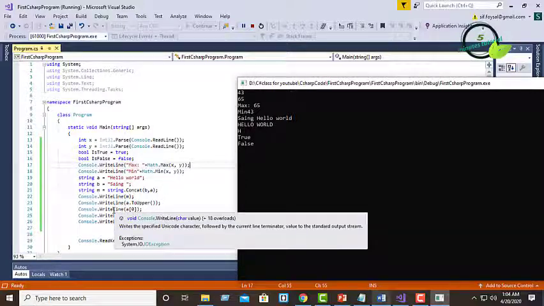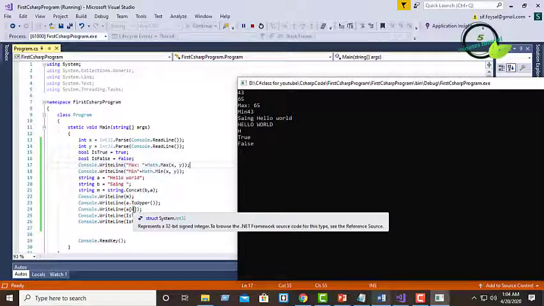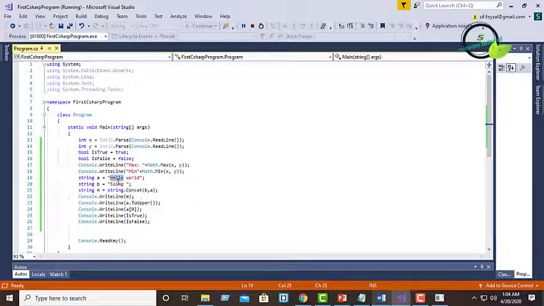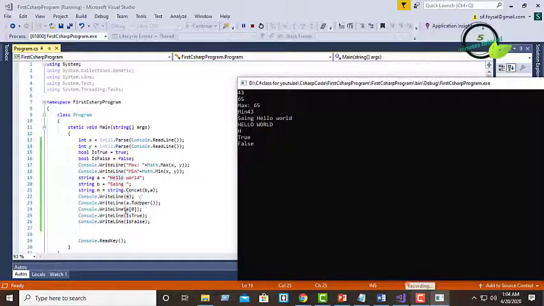Then I am printing the first character of string a, that is h, and then I am printing the isTrue boolean variable and the isFalse boolean variable, where I have assigned isTrue equal to true and isFalse equal to false.